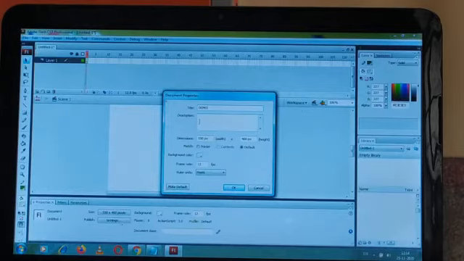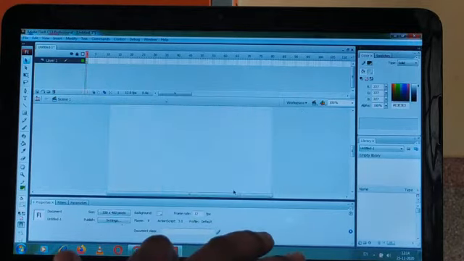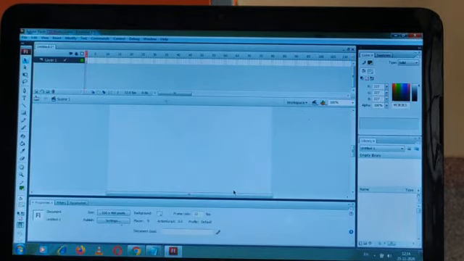If you do that, then it is okay, and if you do not give any value in description, then it is also okay. Then after setting these properties and giving the title of your document, you can press the OK button. You will see that a particular stage has appeared on your screen. So this is a very simple procedure.